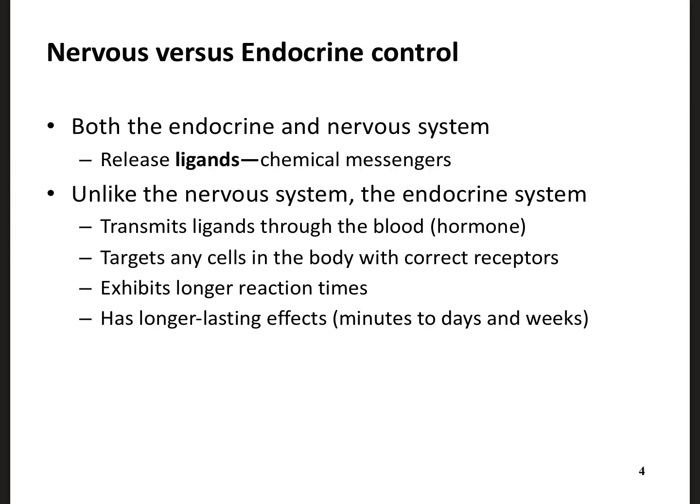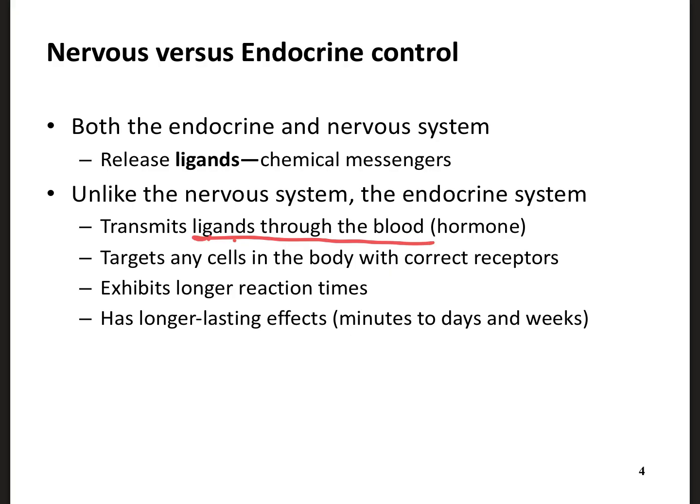In the endocrine system, we're talking about hormones. We're talking about insulin. We're talking about thyroid hormone. We're talking about cortisol, growth hormone, and you name all the others that we're going to be able to go through. Okay? The difference being, the endocrine system transmits the signals, the ligands, through the blood, whereas the nervous system, the neuron, releases the neurotransmitter, and it only travels a short period to the effector.